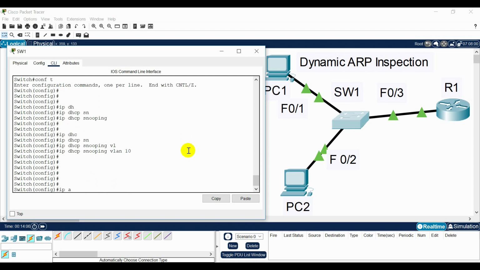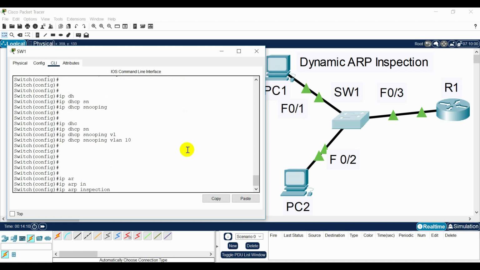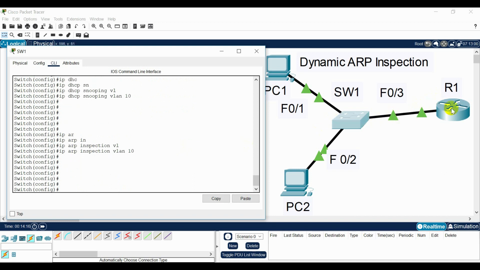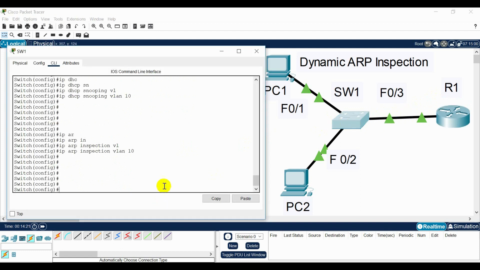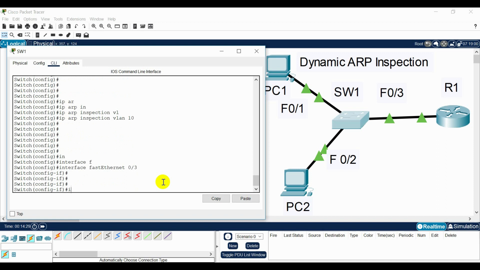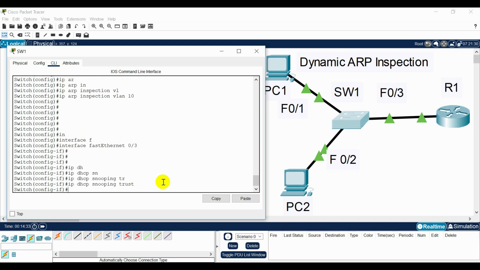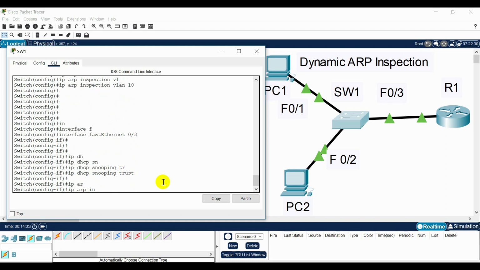Enable DAI on selected VLANs: ip arp inspection vlan 10. Configure trusted interfaces for DHCP snooping and ARP inspection: interface FastEthernet 0/3, ip dhcp snooping trust. Also, ip arp inspection trust.